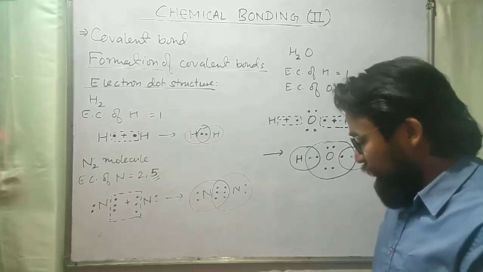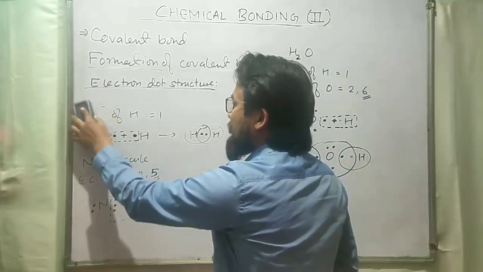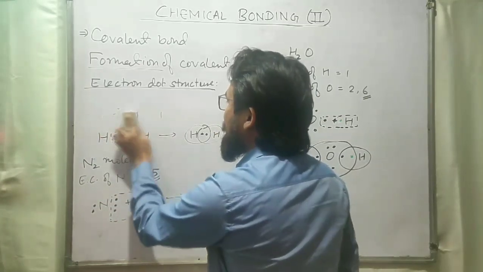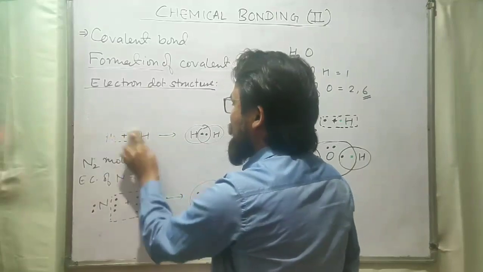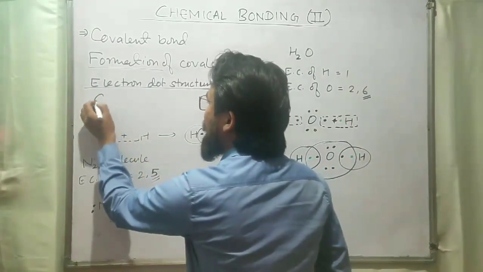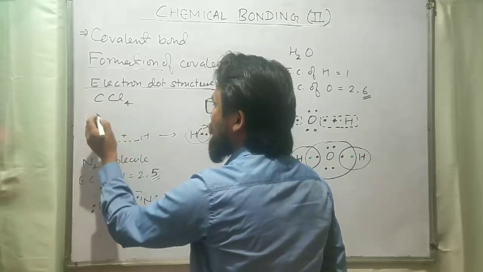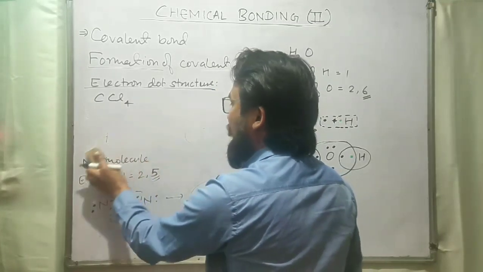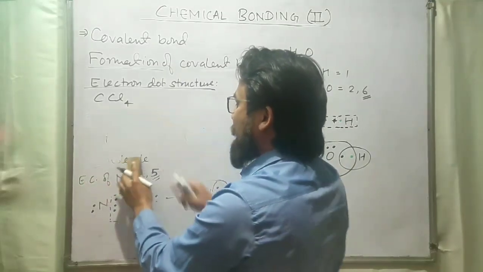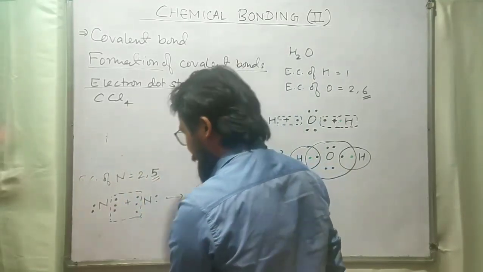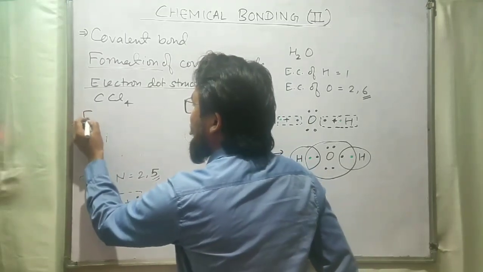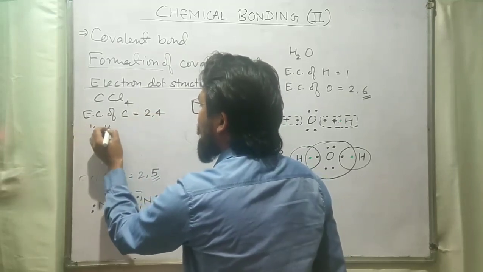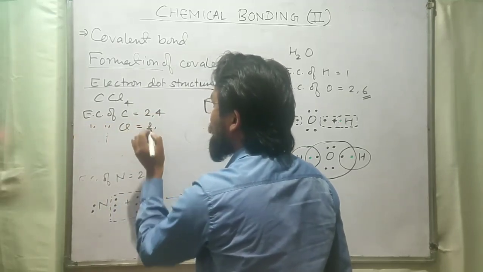Let's see one more example, and that is the example of carbon tetrachloride. So how can we form the molecule of carbon tetrachloride? First of all, we have to see the formula of the carbon tetrachloride molecule, that is CCl4. As you can see, there are atoms of carbon as well as atoms of chlorine. So what is the electronic configuration of carbon? That is 2 4. What is the electronic configuration of chlorine? That is equal to 2